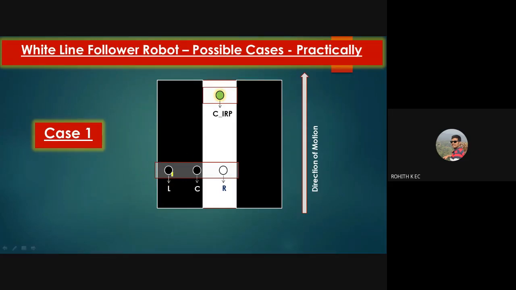Ideally, as I told you a couple of slides ago, L should detect black, C should detect white, and R should detect black. But our robot is in this position. Tell me, what is the action I should take now? You can give your answers in the chat box. Tell me, is it hard right or soft right?